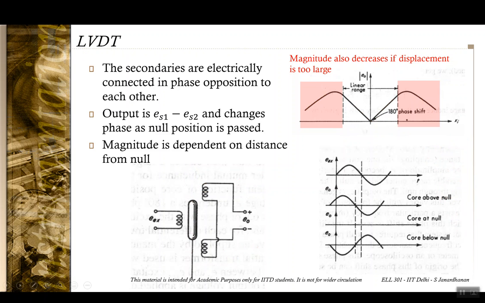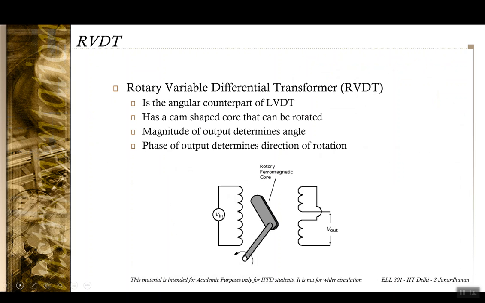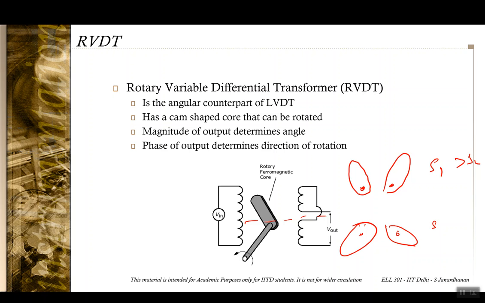Okay, when you have an LVDT for a rectilinear displacement, you also have an RVDT for rotary displacement, that is rotary variable differential transformer. And now here you have an asymmetric cam-shaped core. So when the core is in positions like this, you have S1 dominating over S2, and when you have the position somewhere like this, then S2 is greater than S1,